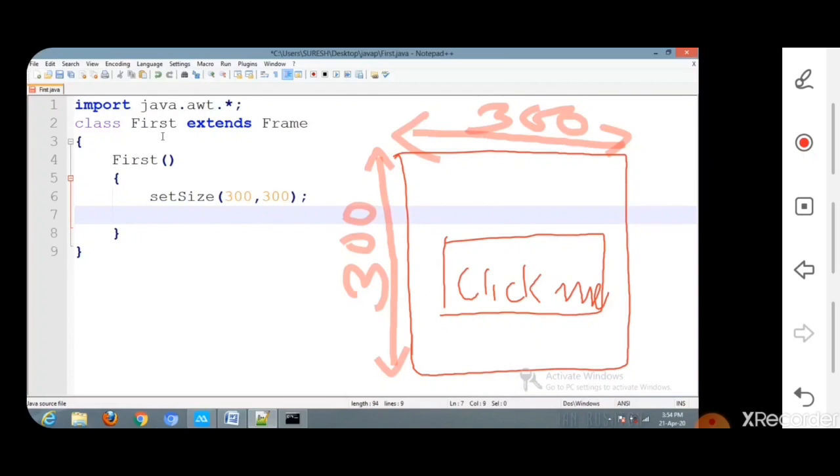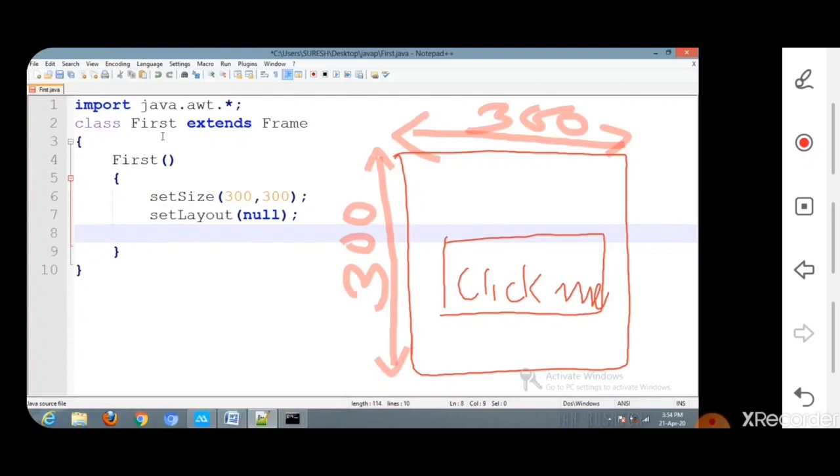Here I already said that the layout manager is an AWT class which we will see later in detail. So here set layout as null. That means we are not using any layout for this particular frame. Set layout as null.